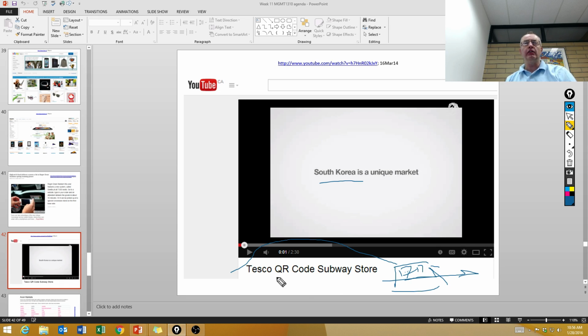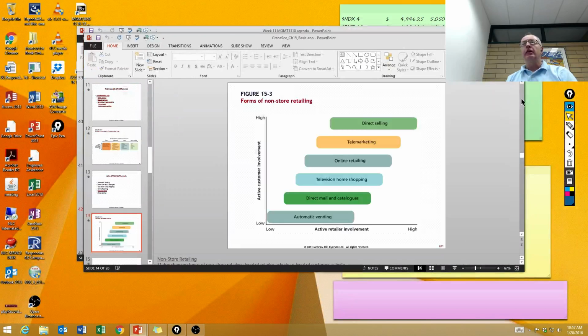So I haven't seen a food QR store like this in Canada, but I do know that there's been some experiments with children's toys around Christmas time. So you're walking down the street and there's a big panel, and on the panel you have all these pictures of these toys, and you take your phone, scan the QR code, it takes money out of your bank account, and then the product gets delivered to your home. So I do know that it has been used in Canada as well. And I'm kind of waiting for it to take off, but maybe I'm wrong. Maybe it's not going to take off. Okay, so what else do we have?